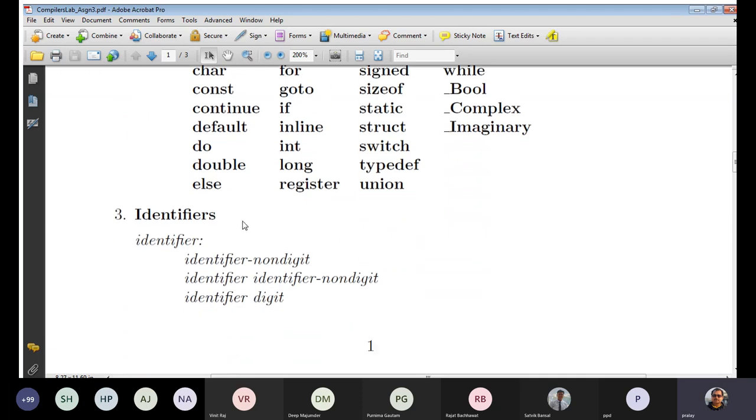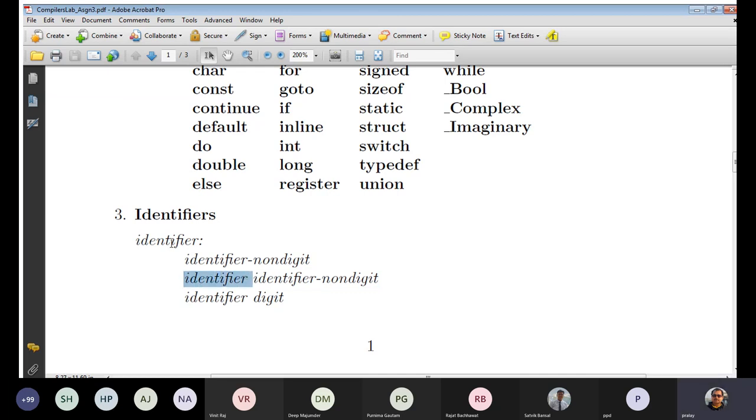Okay. Now regarding the identifier, the definition: identifier is a non-terminal, and the colon indicates the definition of identifier. So it will be identifier non-digit. What identifier non-digit is will come later, but from this name you can understand that there should not be any digit. That is the rule for the identifier, that it should not start with any digit. Followed by identifier, so recursively it is occurring, so any number of times it can be identifier non-digit, and after that it can be identifier